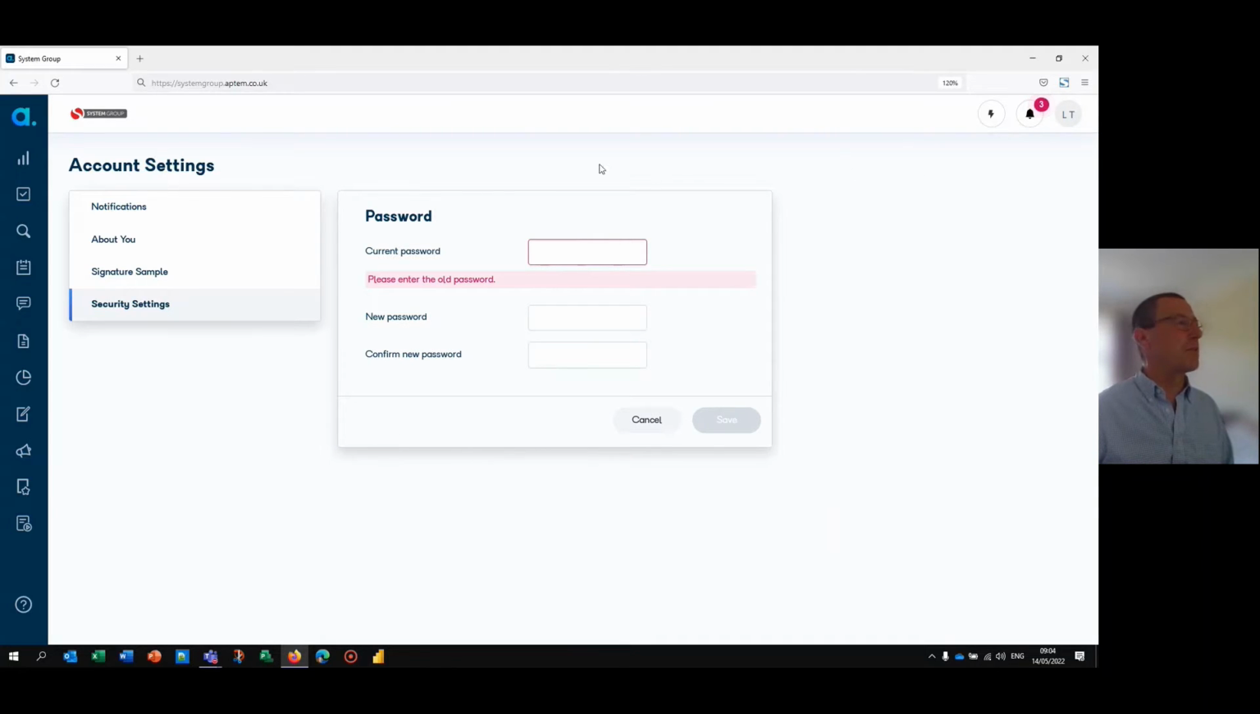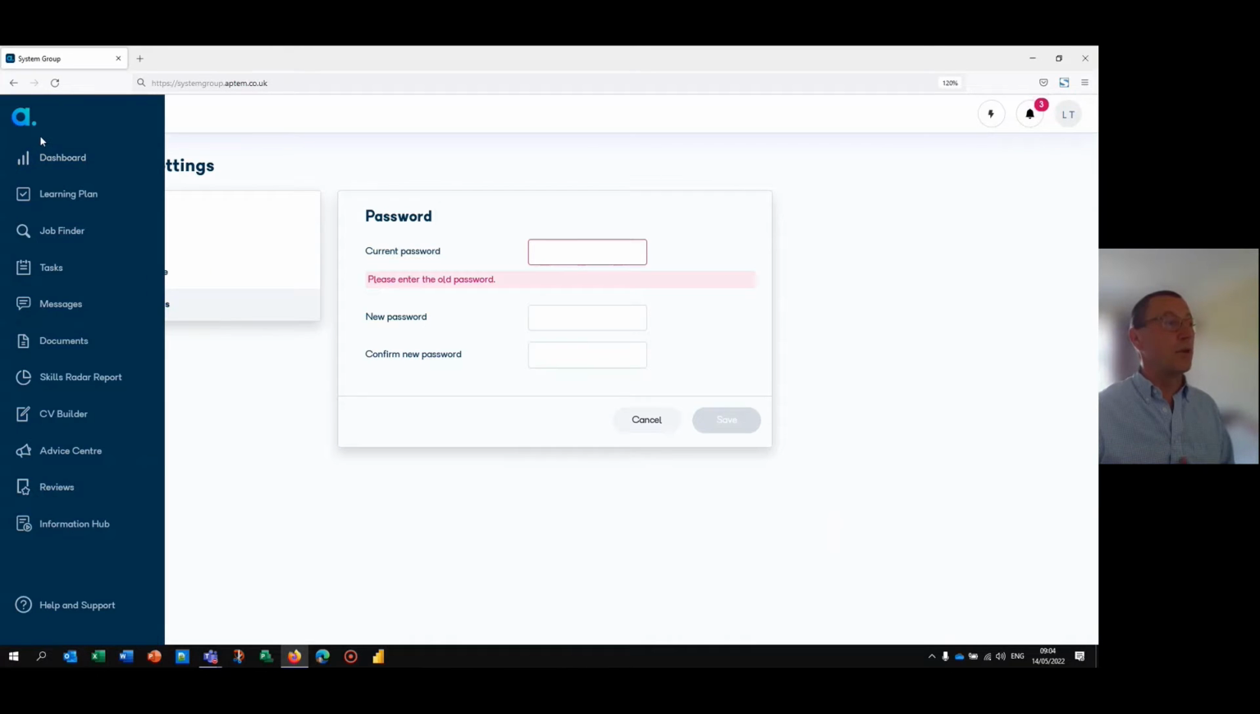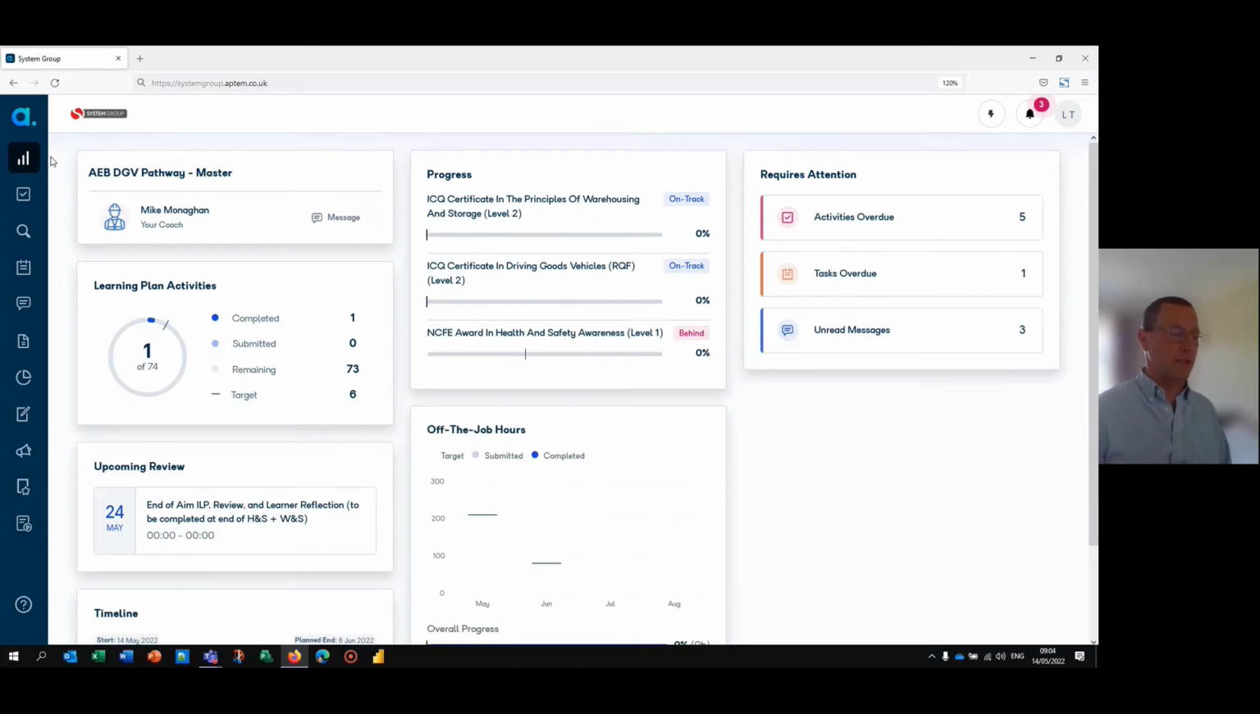If I move the cursor back to the left-hand side of the screen, a blue menu pops out, and we can click Dashboard again to go back to our dashboard. The dashboard comprises a number of different panels. The top left one tells us the name of the program, the name of your coach, and also you can message your coach. So I click message there,